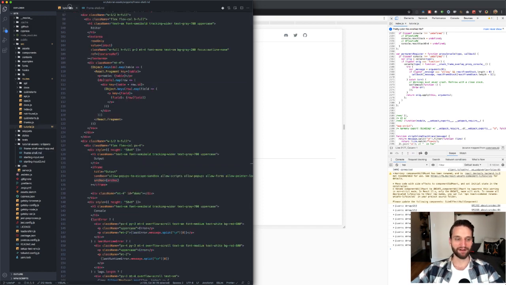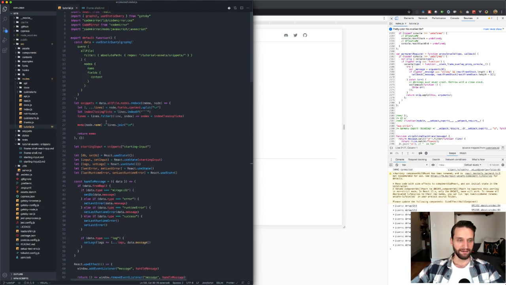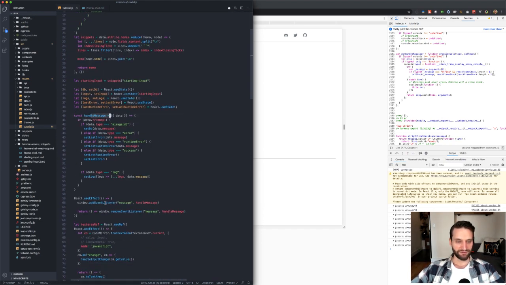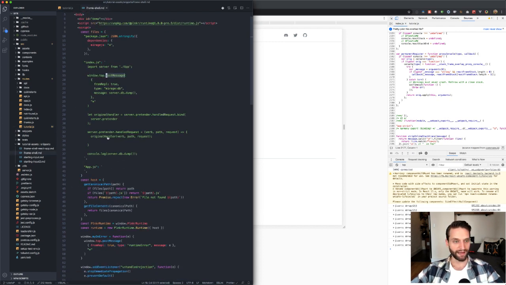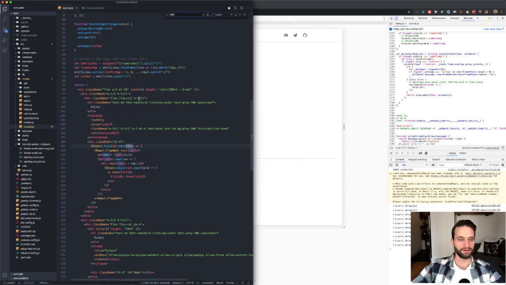And now back in my Gatsby React app, I can have an event handler up here that attaches itself to the message event. And if I know it's coming from my iframe, then I can go ahead and use that data. So yesterday, Ryan and I, where we left off, we added this, which sends out the database right here as a message. So it takes the Mirage database, dumps it, and sends it up to the parent. And so that's why right here I can